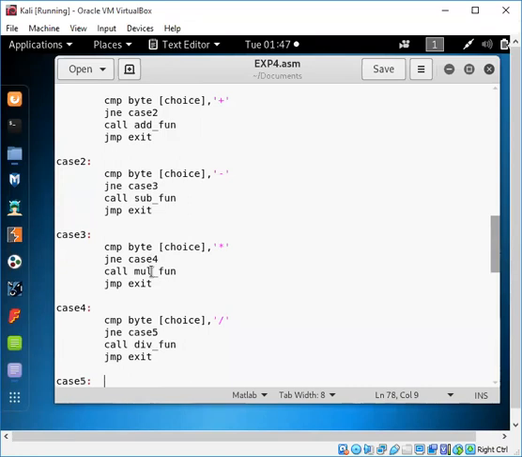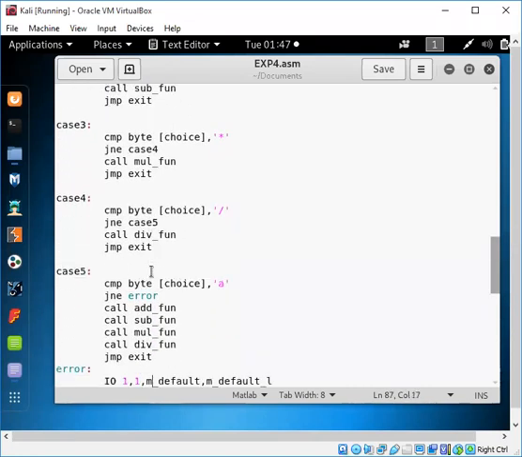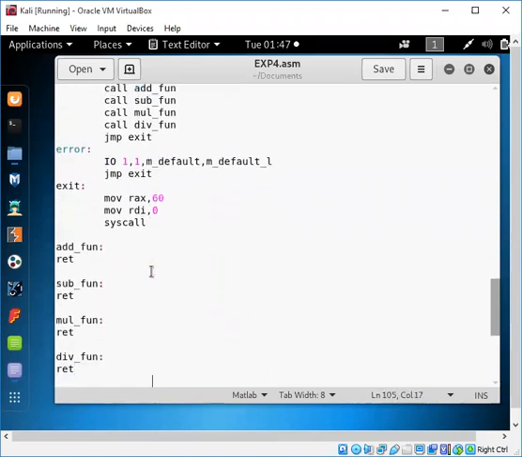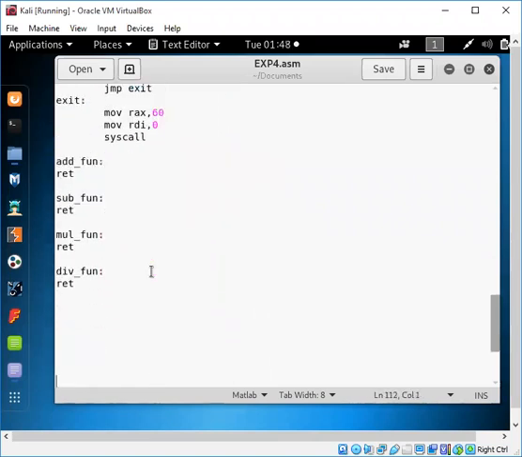Next is for the error code, right? So this will be a default message, right? So here we have ended this. Now we are going to start with the part where we have the actual definition of these functions. Okay, so we get the actual definition, right?